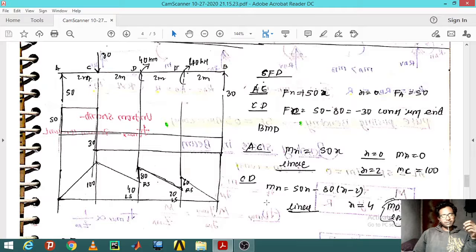As we have already seen on this PDF, the length of the entire beam is 8 meters. The reactions acting at both ends are 50 kilonewton and 30 kilonewton, and the point load acting from the left side of the beam is 80 kilonewton at point C. Moving from left to right, at point D a moment of 40 kilonewton meter acts, and similarly at point E a moment of 40 kilonewton meter acts, and both moments are in the clockwise direction.